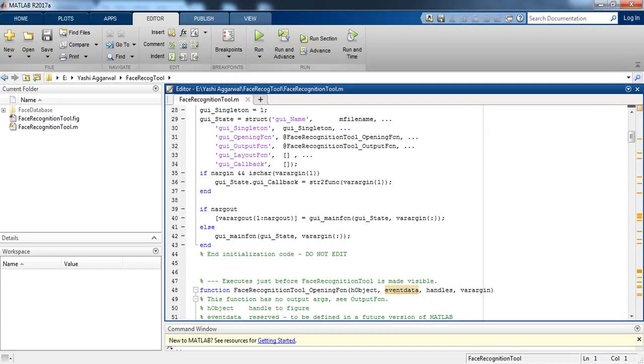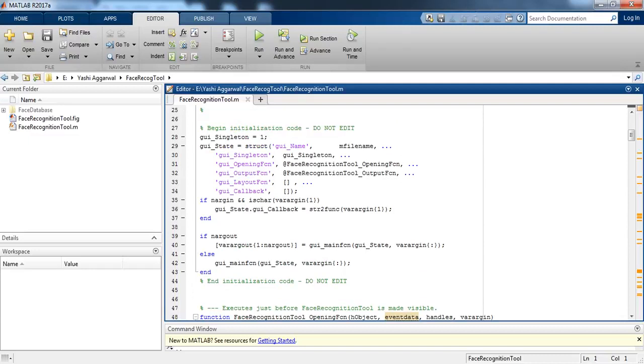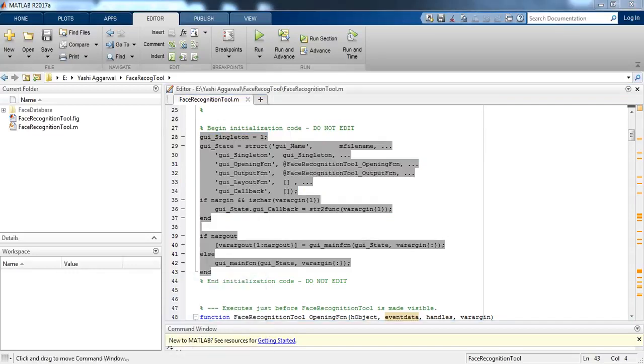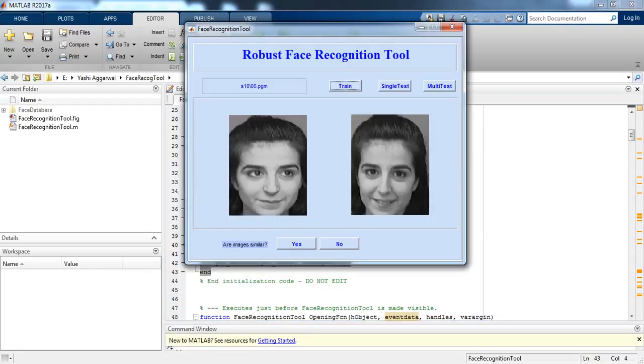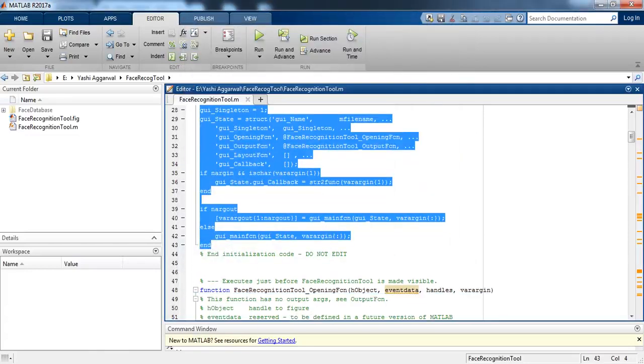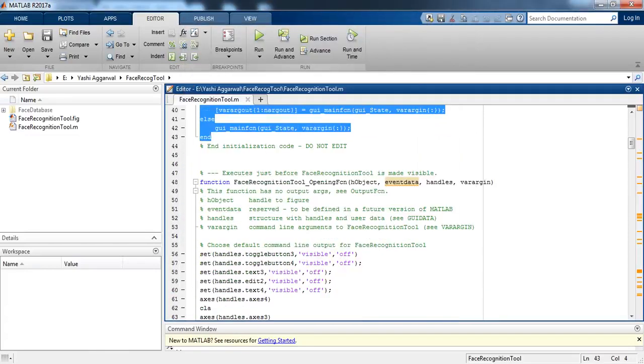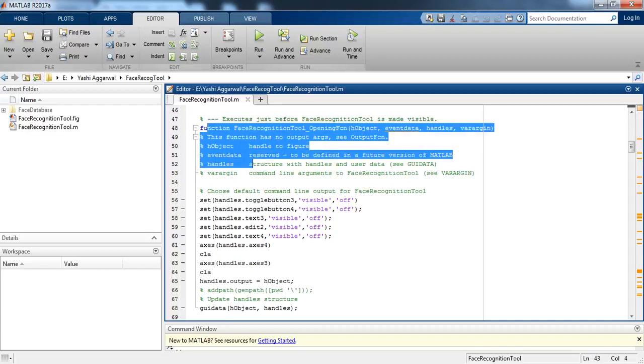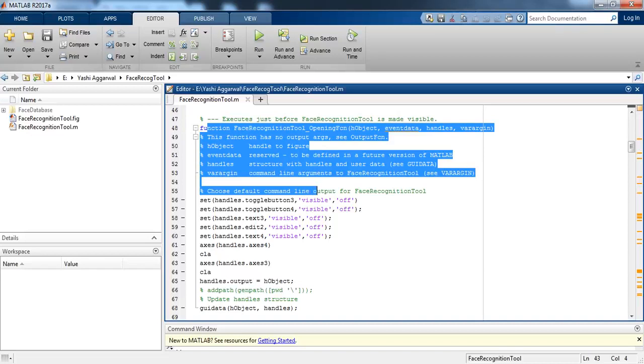So let's understand the code. In this we are creating a GUI first, which we saw. After that, this is the code which executes before the face recognition tool is visible.